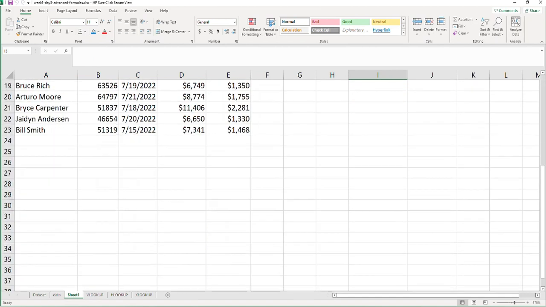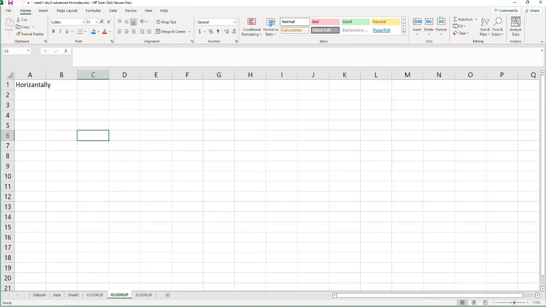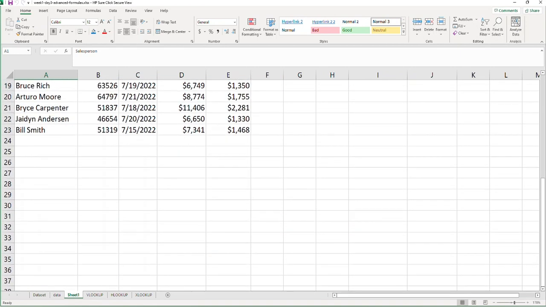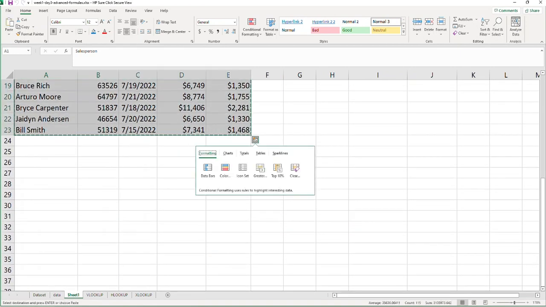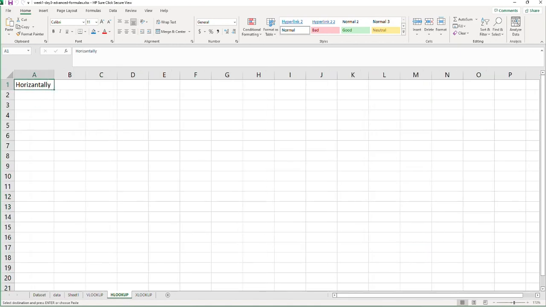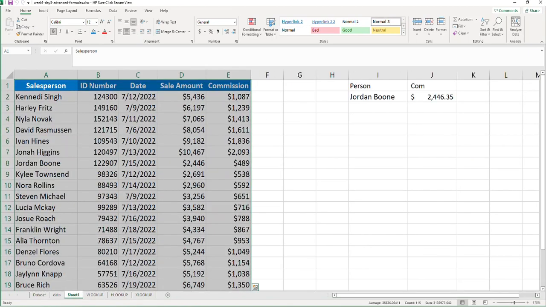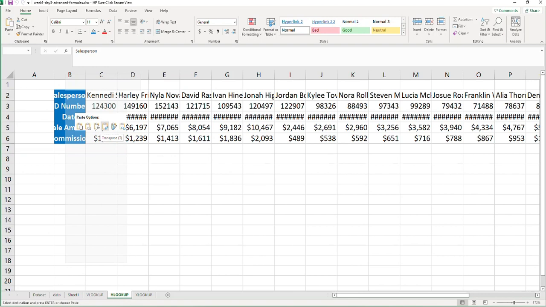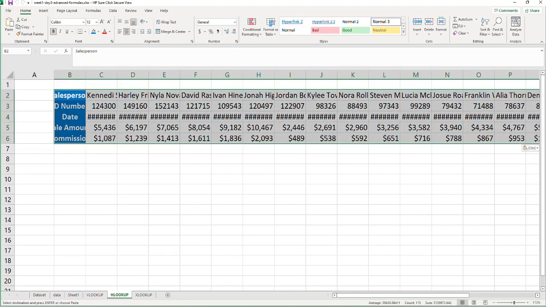For the HLOOKUP, we have to transpose this data. Let's select the whole of this data, then come to the HLOOKUP. Let's right click. Oh, I didn't copy. So after selecting, I just have to copy it. Then let's right click here and paste transposed. So now you've transposed the data